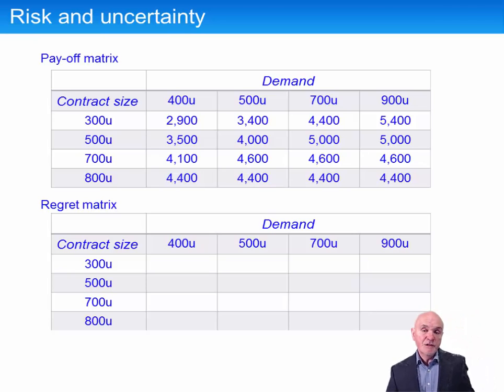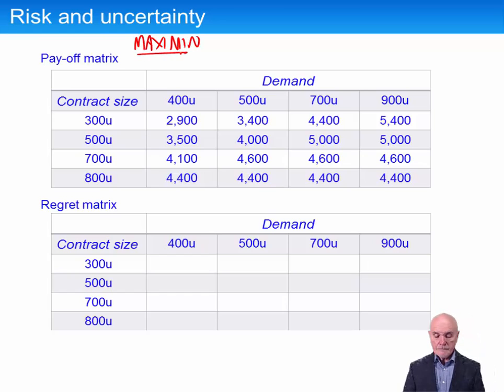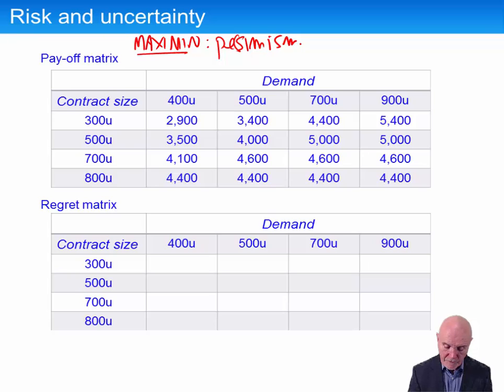And the first approach we'll use is something which is called Maximin. And the Maximin approach is really an approach, you could say, of great pessimism. So a person who is pessimistic is someone who always believes the worst is going to happen, always fears the worst is going to happen, and is therefore anxious to protect themselves from this worst outcome.